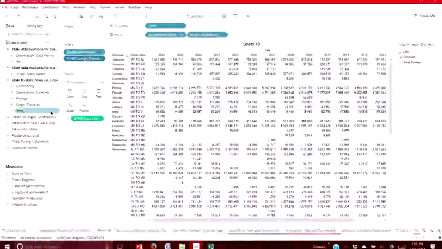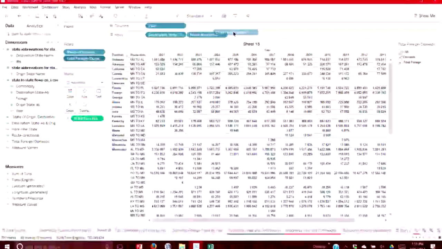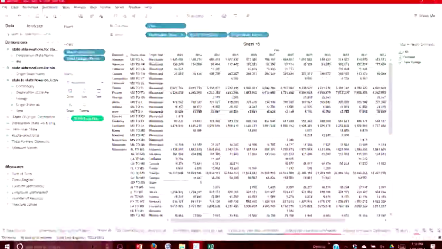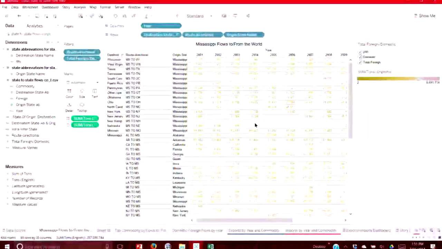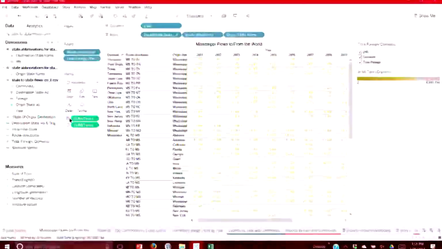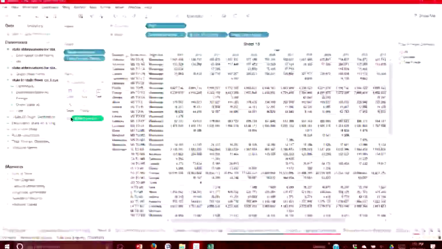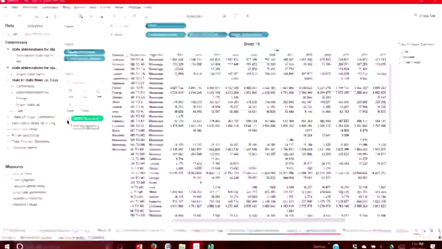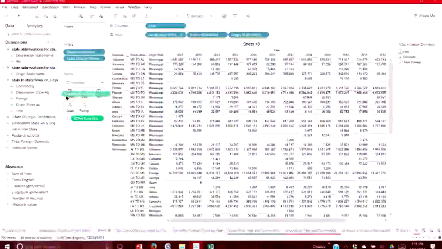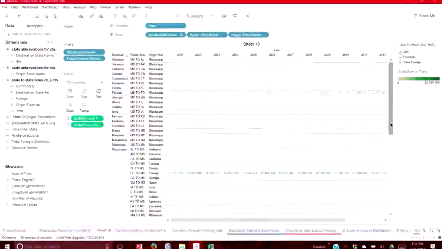So I go to origin state, and I drop it here. And now, again, pretty much the same data set. But if you notice here, these are shaded, these are not. Because if you look at the marks, the second column, the marks of the table, I actually added tons back to it to give me that shading. So I come back to here, I see where my tons are in the marks box, it says T for text. So I take the sum of tons and I just drop it back into the color. And now I have my color thematic map.